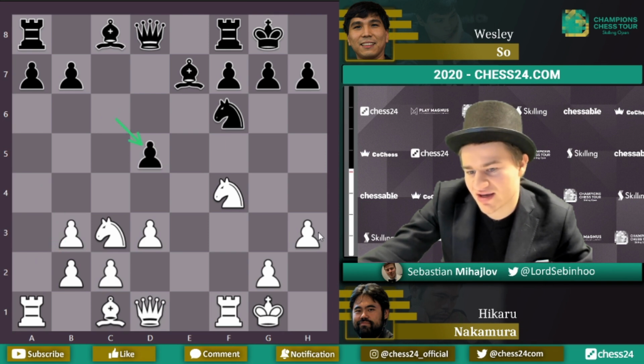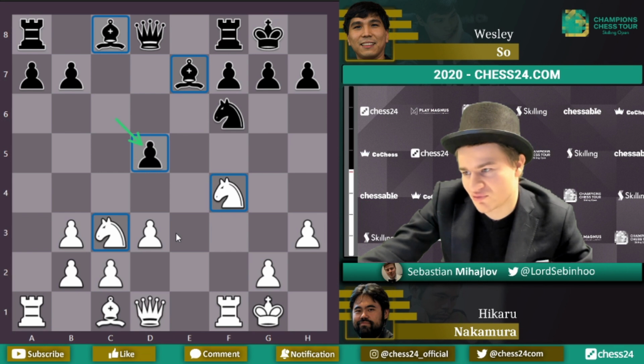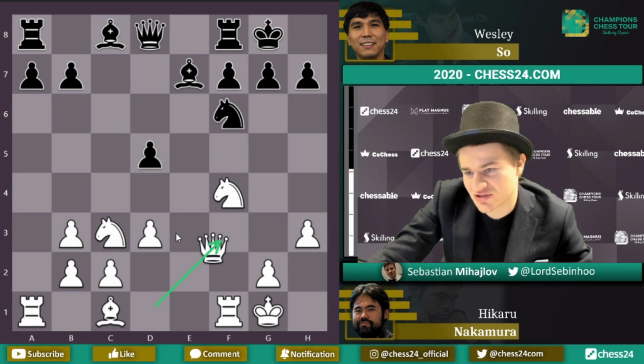So what do we have now? We have two knights here. And then we have the bishop here for black. But this pawn here is slightly weak. So you could say that white could be slightly better. I'd say it's just roughly balanced here, with chances for both sides. So queen f3 attacking the pawn, bishop e6 defending it, and